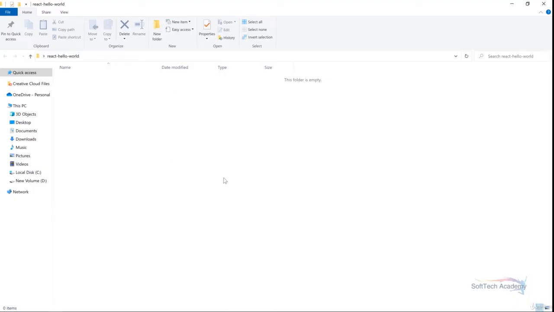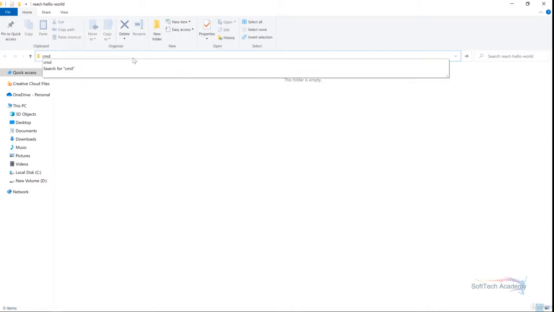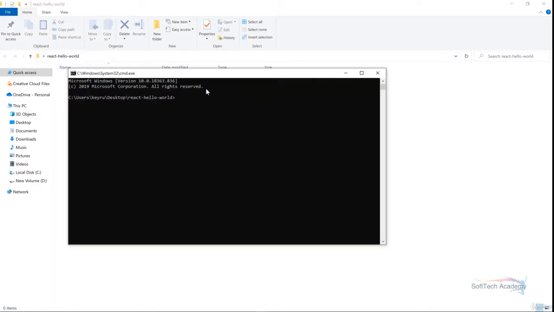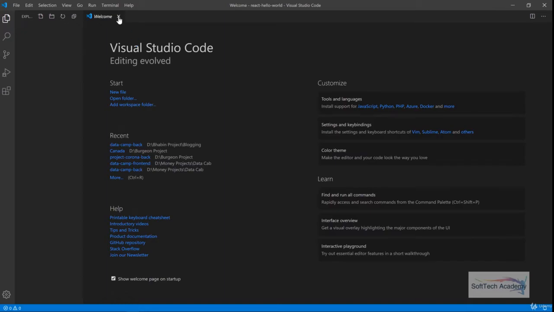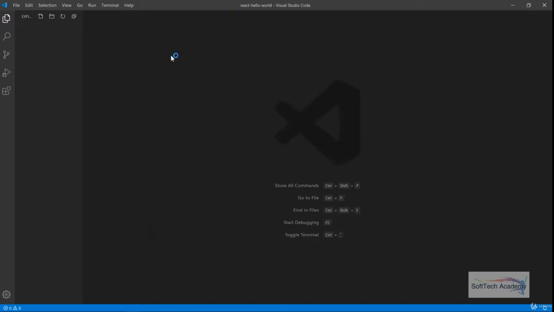Now here is an empty folder, and to open this empty folder in Visual Studio Code, what I do is I will write cmd over here and it will open the command prompt in this folder, and in the command prompt I will write code and dot. So this will open Visual Studio Code in that folder. So now the folder is empty, right? So we have nothing in the folder, and first thing we will do is make one